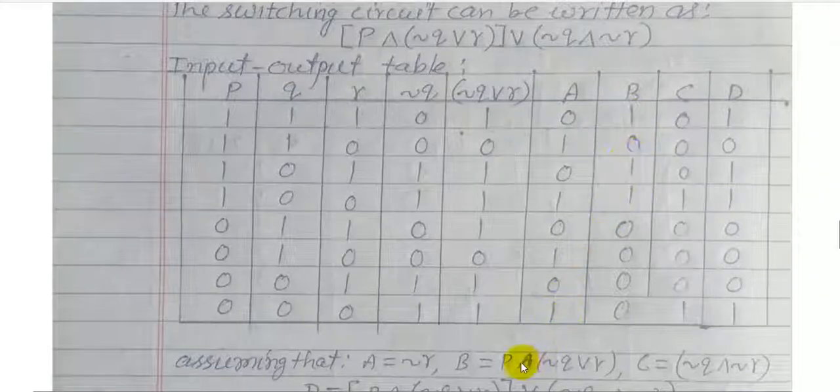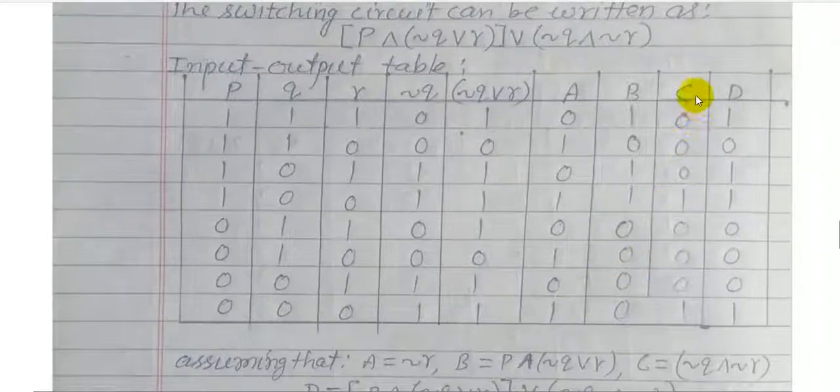For B, using the first column and fifth column with the AND rule. Now see, 1 and 1 is 1, 1 and 0 is 0, 1 and 1 is 1, 1 and 1 is 1. Similarly for the others: if anyone is 0 here, four times 0, so this will be 0 0 0 0.